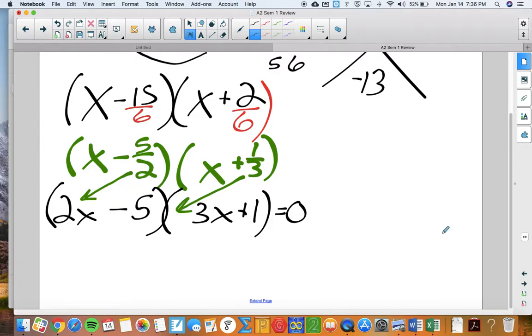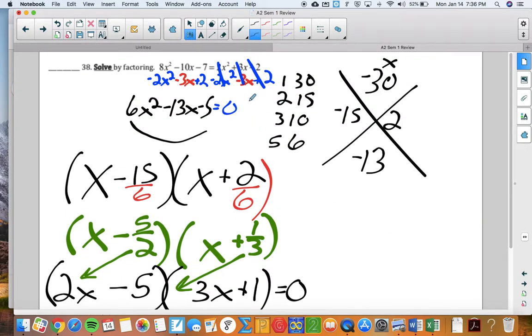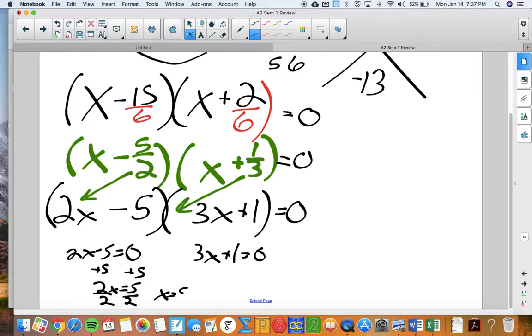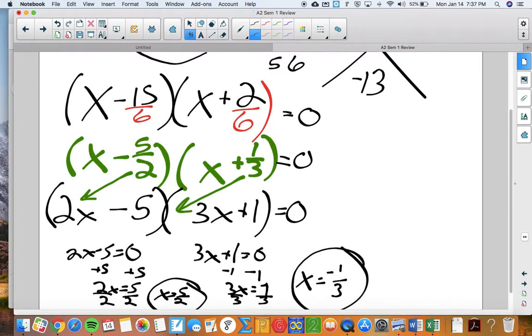So that's factored form, but remember this was an equation. I kind of did a poor job of bringing down that equals 0 every time. So now we take these factors and we set them each equal to 0. So 2x minus 5 equals 0, 3x plus 1 equals 0, and we're going to get x equals 5/2. And then here, subtract 1 and divide by 3, you'll get negative 1/3. There are the solutions to that